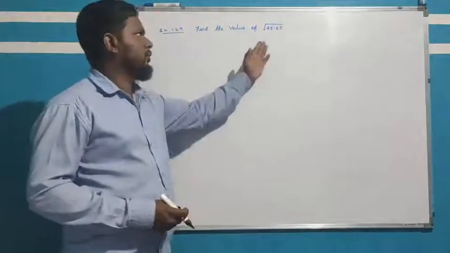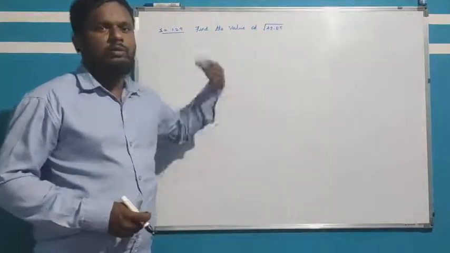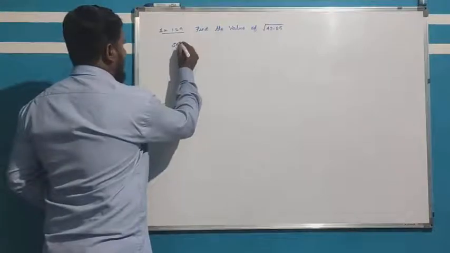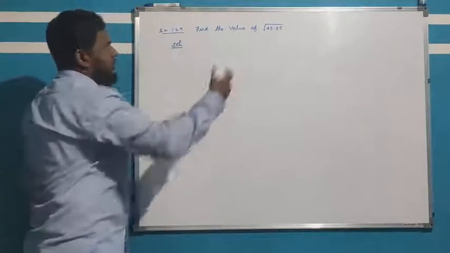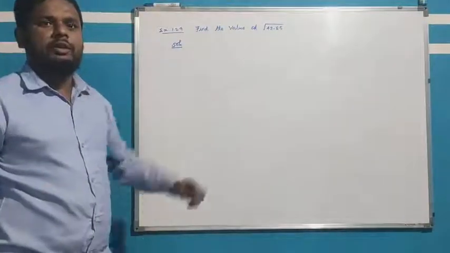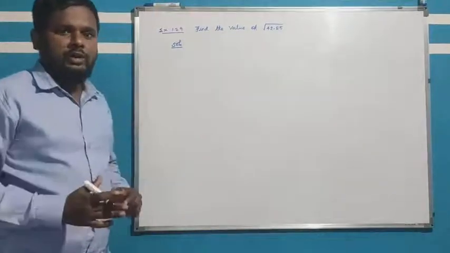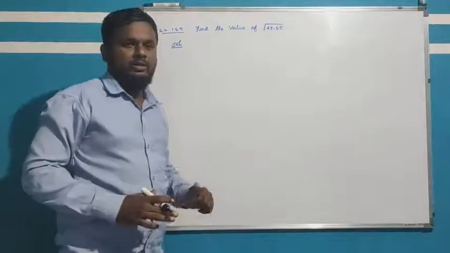So let us see one more method, how we can find the solution without using the long division method. If they had mentioned long division, we would have to do long division only. Here they didn't mention it, so how can we do it?